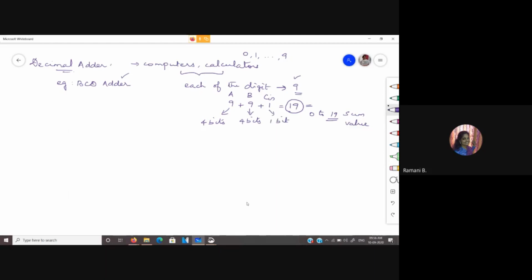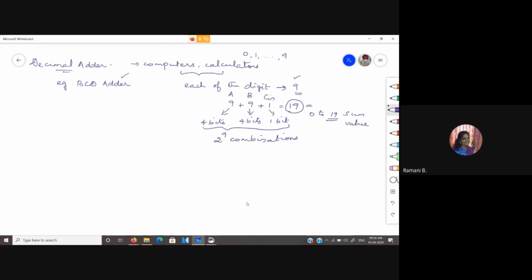So just imagine if you are going to write the truth table for this. You will be having 2 power 9 combinations in the truth table, which is not at all possible for us as humans to write and go on finding the minimized expression for it. So we will look for logic for how we can implement this BCD adder.